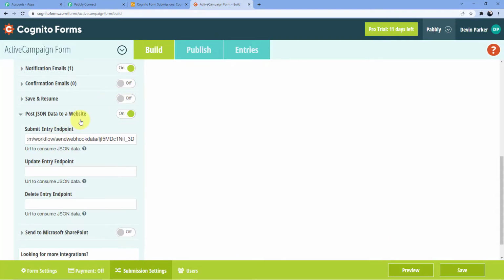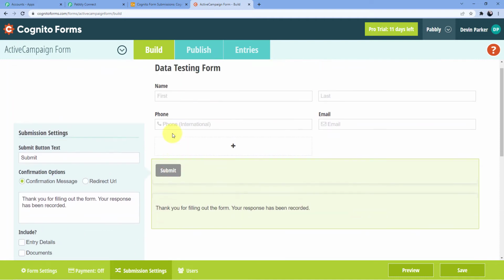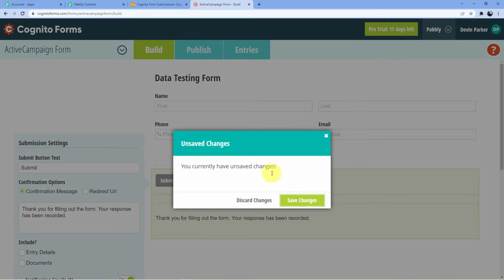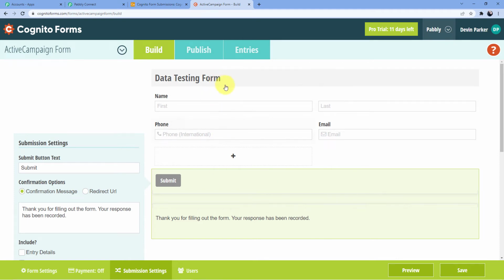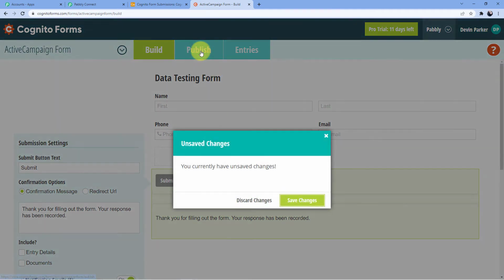So you can see now our webhook URL posting is successful, and now we are going to take the data here. So first we will just go and click on publish. Now it will ask you to save changes, so just save the changes we have done right now, and as soon as you click on publish,